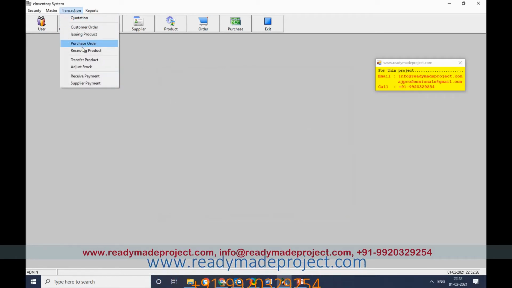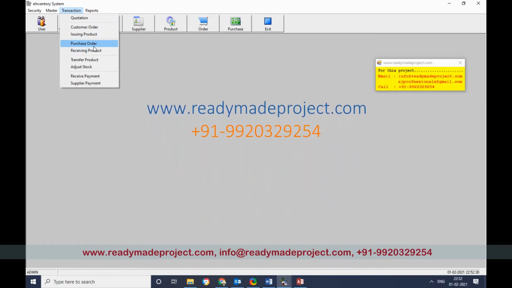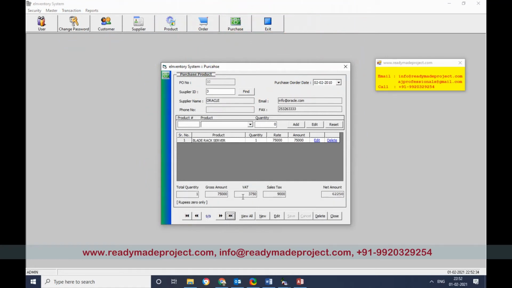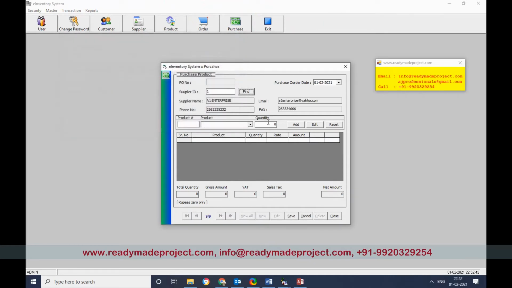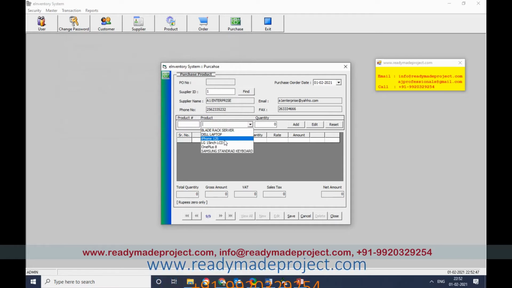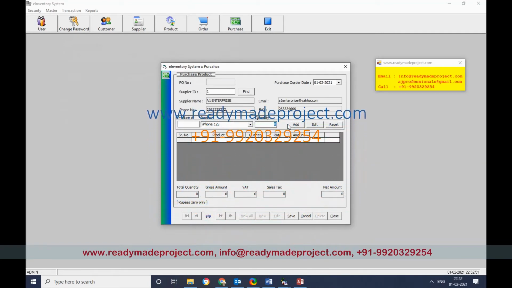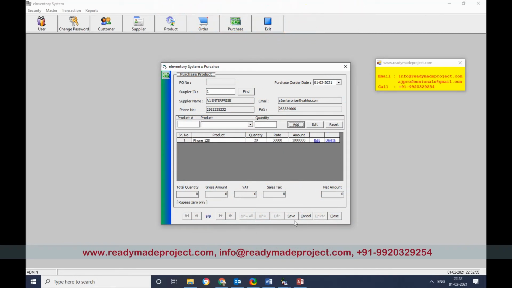Now suppose I want to receive the product. The same way, first I have to take an order from the supplier. So I have to click on new supplier. I have to find the supplier, say Microsoft, or whatever product I want to receive. Say I want to receive iPhone. Already I have 10, but I want to add more product. Say another 20 I need to add. Save.